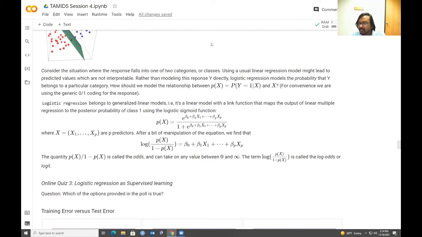So even though the relationship might not be linear, because the responses are not actually zeros and ones, and we are taking a non-linear function of the responses to connect it with the predictors, the concept of supervised versus unsupervised hinges on whether the correct answers are provided or not. So I'm going to stop sharing and thank you for your participation.